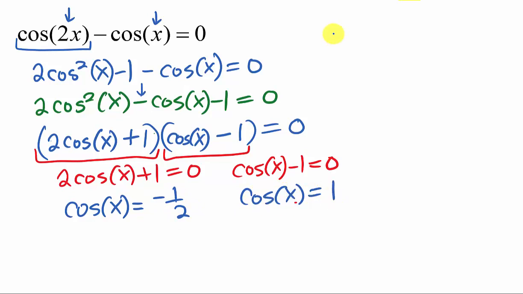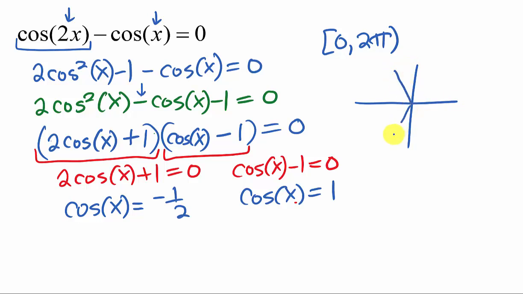Now I didn't put this, but we were supposed to find all solutions on the interval from 0 to 2 pi. So I need to think, when is the cosine of x negative 1/2? And I think of the unit circle, and cosine is negative in quadrants 2 and 3. And the x needs to be smaller than the y when I plot this, and so they need to be in those two positions. So it looks like x needs to be 2 pi thirds for one solution and 4